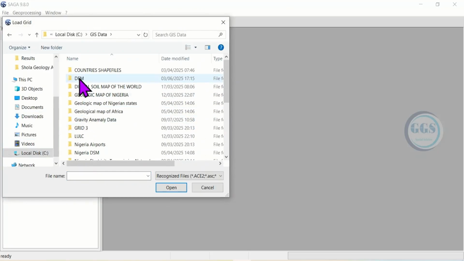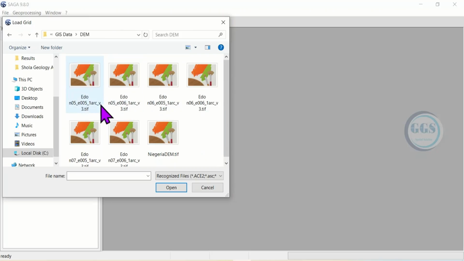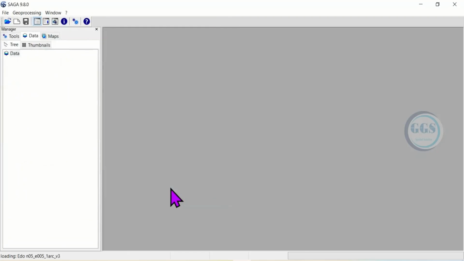So here I want to use this folder as an example, and I want to add any of this data, which is a raster data, to grid. So just click on your data and click on open. When you do that, you can see that the data has been added to your grid, and you can see